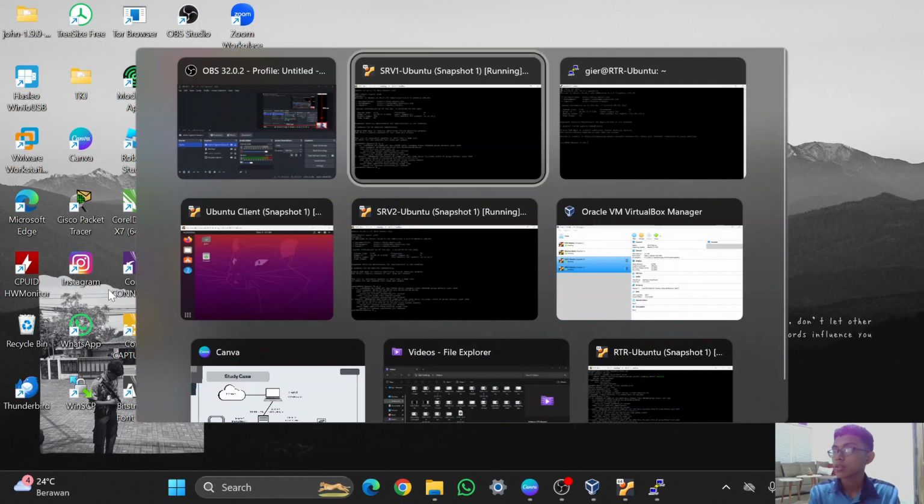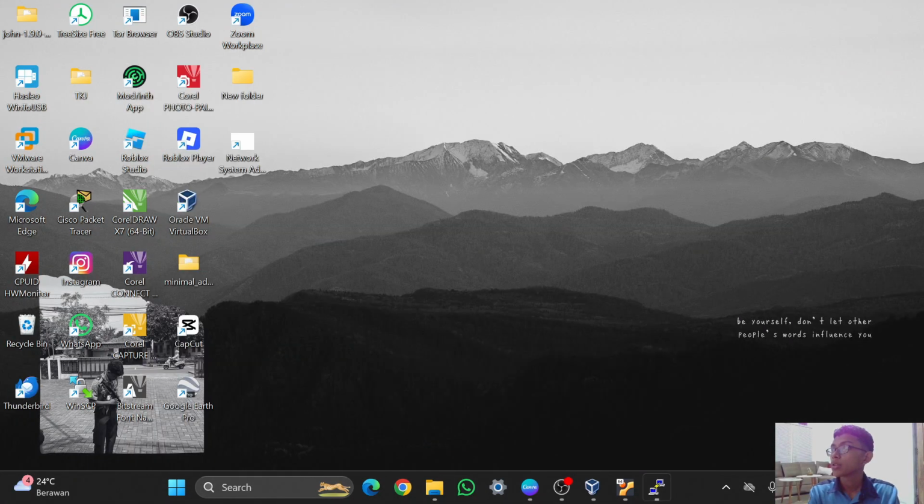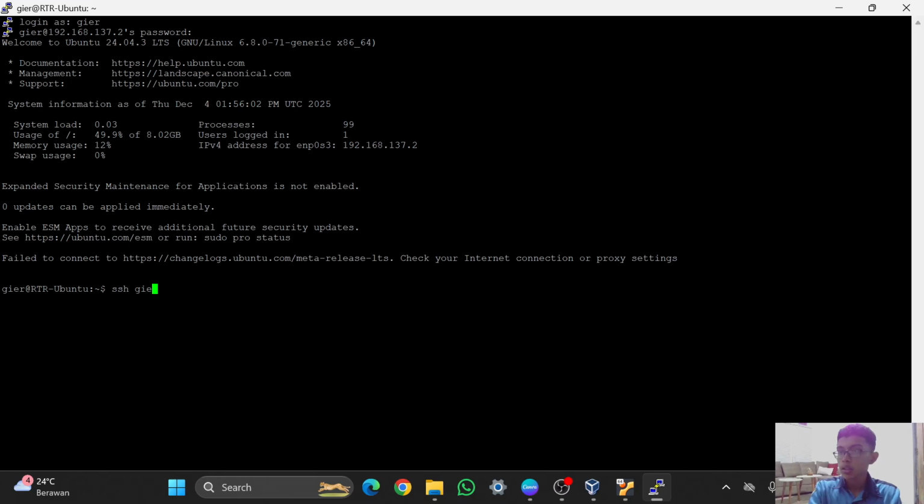Sorry guys, I will open PuTTY again, SSH gr, and then @. After the @, you fill in the IP of the server, which you already know. This is the IP of server 1, and I will try enter.